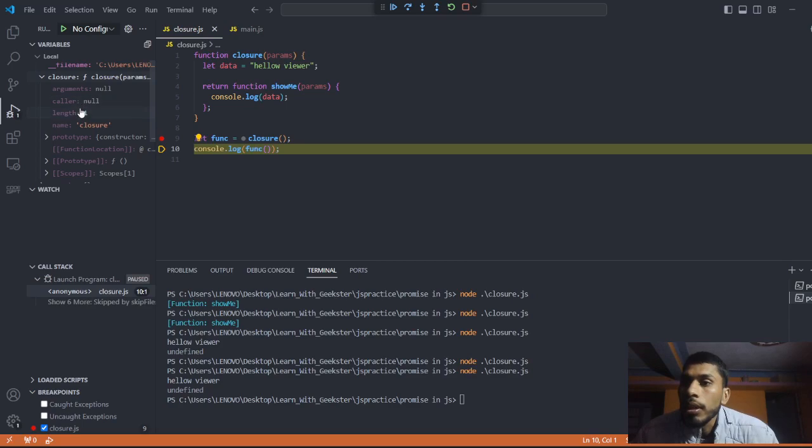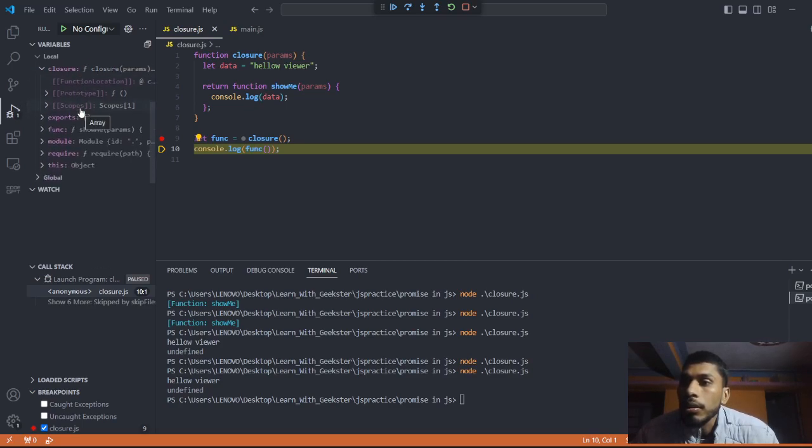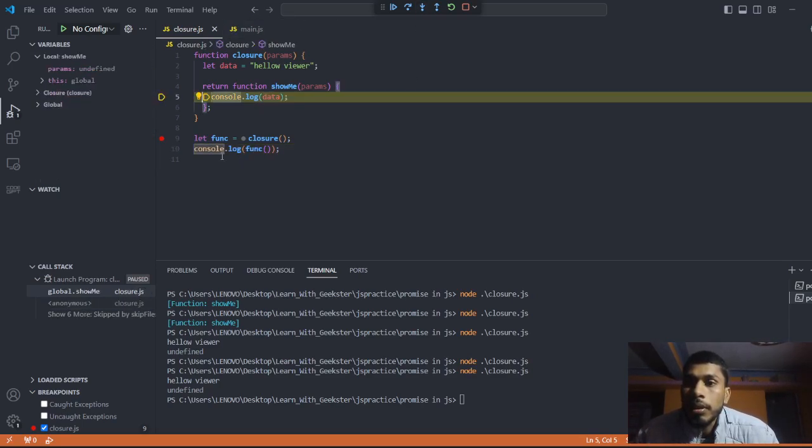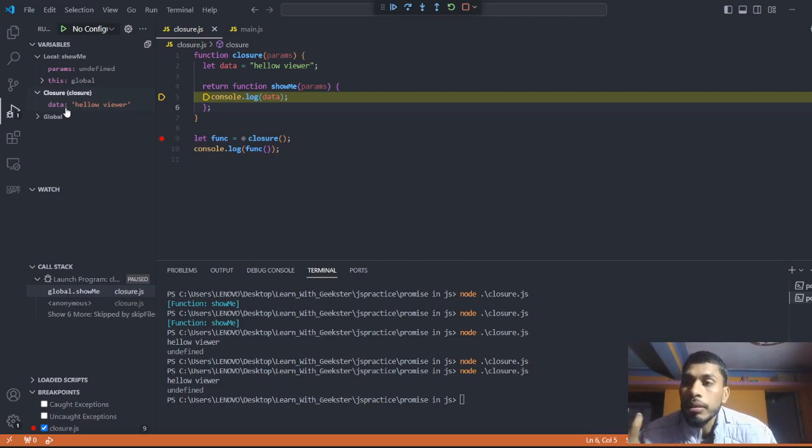The closure length has been 1, and that function has been invoked from here, and that console.log of data has been executed, but you can see that particular data has been stored inside that closure.